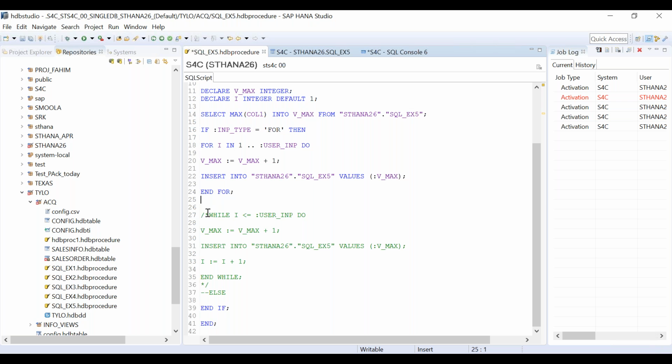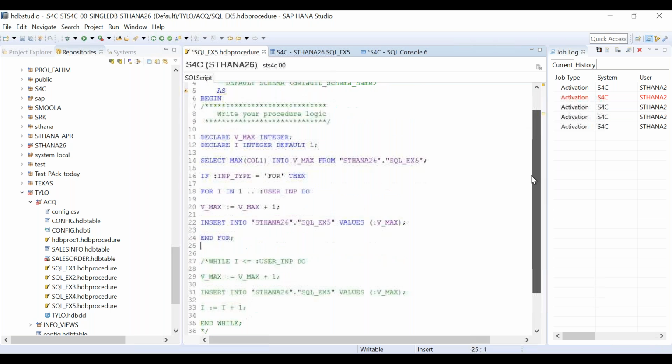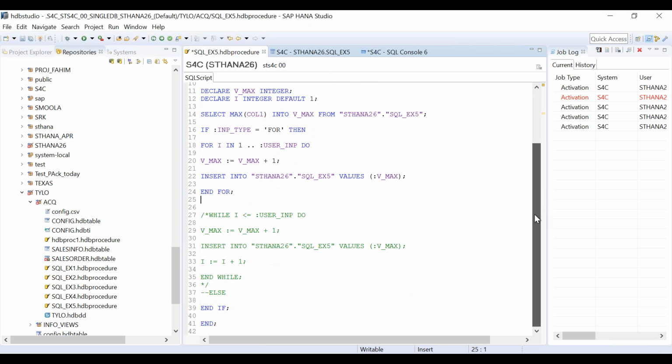Now what I will do is write else if. See, now the prompt is starting else if.